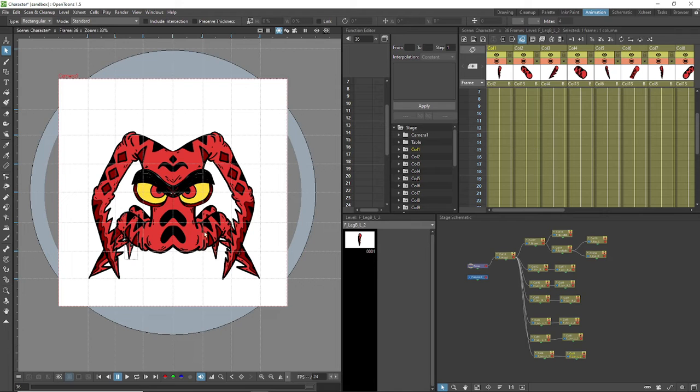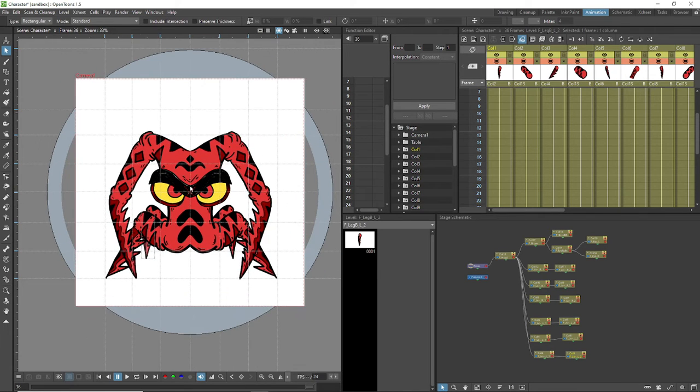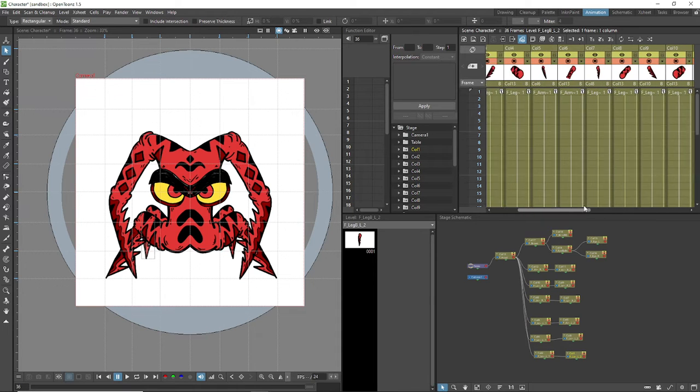So I would imagine this character would swing. First 12 frames would swing slightly to the right. Sorry, so we have the. Okay, so we will have